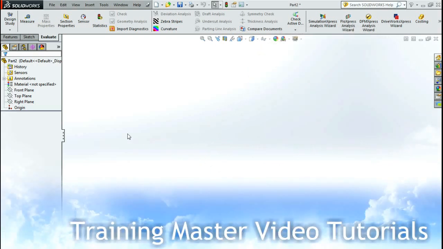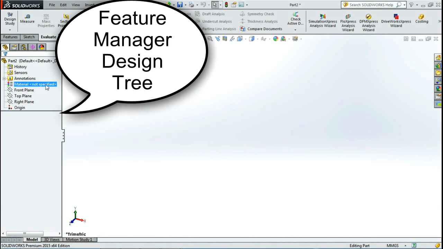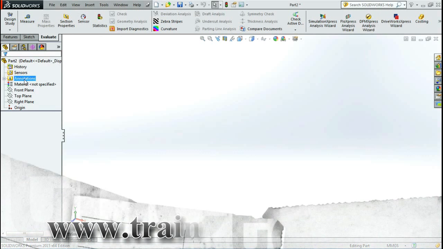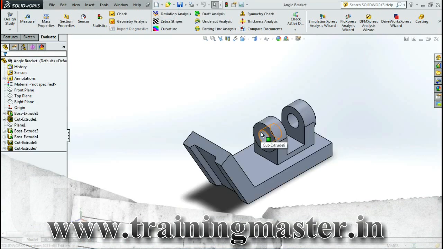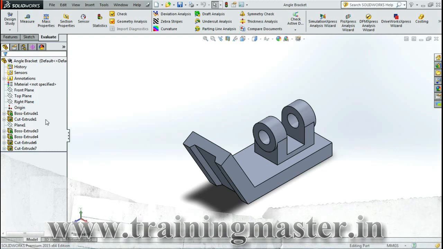On the far left hand side of the screen, we have our FeatureManager design tree. Now to better demonstrate this, I will select Open and a part file opens on the screen. Let us take another look at the FeatureManager design tree. It has all the parameters that we have used to create this model.